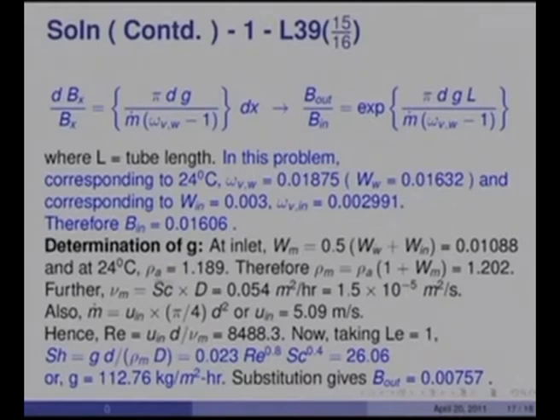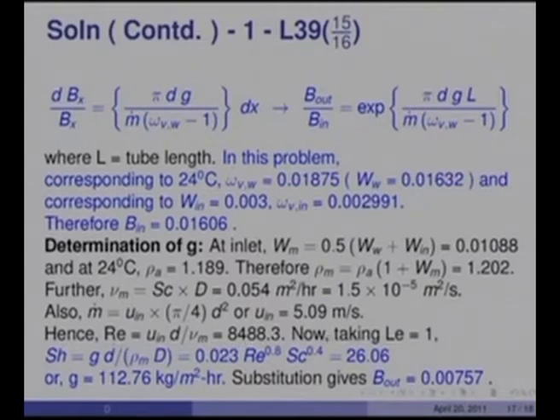At 24 degrees centigrade, rho air is 1.189, and therefore rho m will be rho A into 1 plus W m, equal to 1.202. And then nu m will be Schmidt number into d, which is 0.054 meter square per hour, or 1.5 into 10 to the minus 5 meter square per second. And therefore, now the mass flow rate is m dot into u in into pi by 4 d square, and therefore u in will be 5.09 meters per second, and therefore I evaluate Reynolds number as